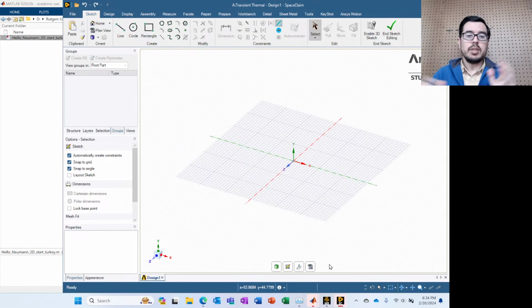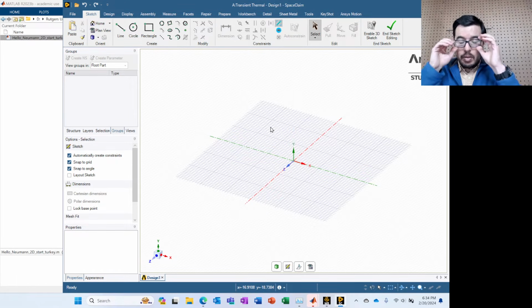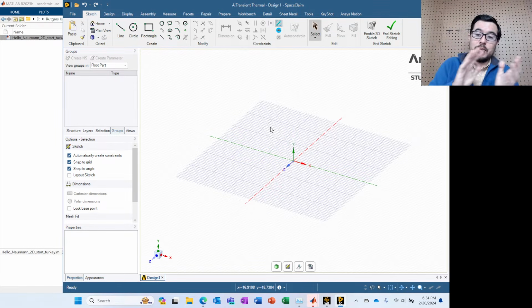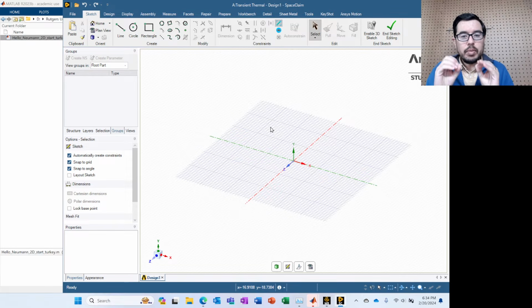So now, here's SpaceClaim. It's up. You see something that looks similar to CAD. And it is CAD, right? It is computer-aided design. One thing that is significantly different between the way SpaceClaim works and the way that, say, SolidWorks or FreeCAD or